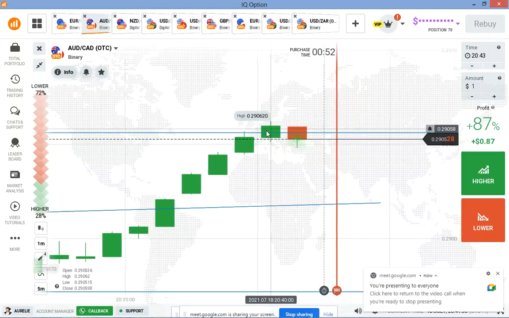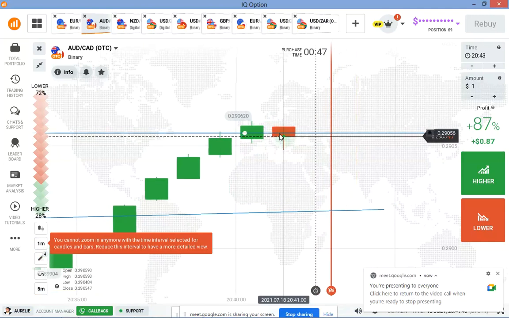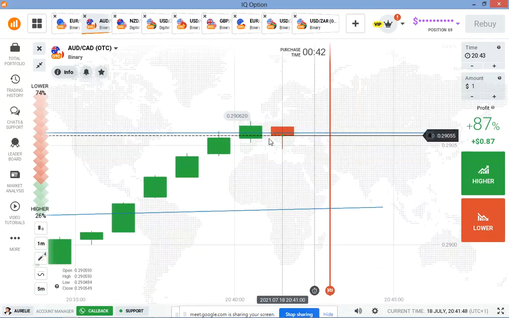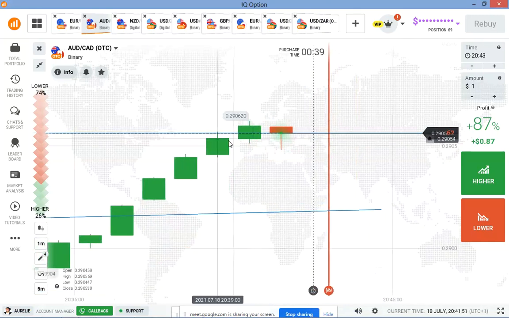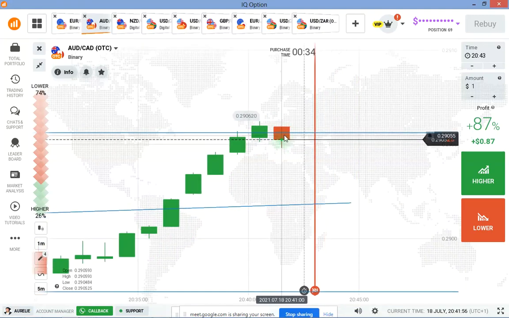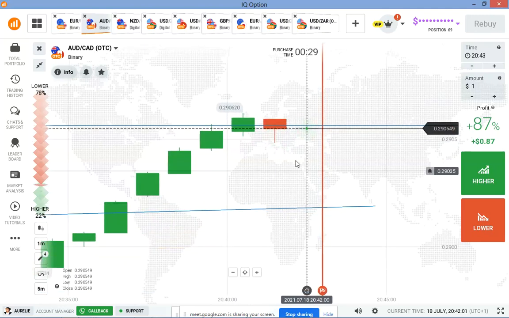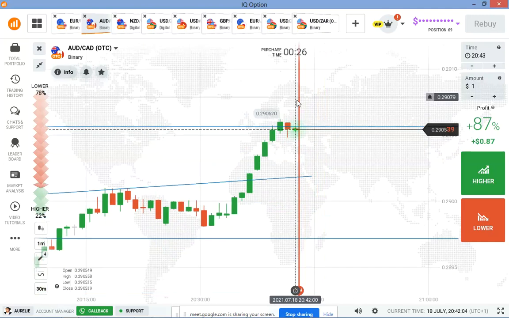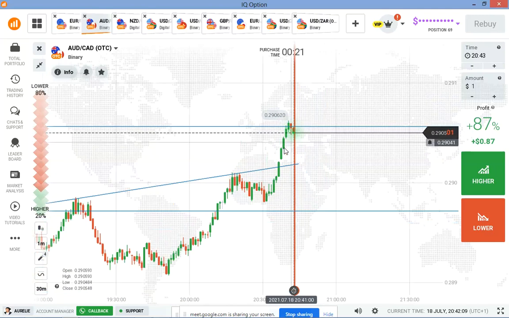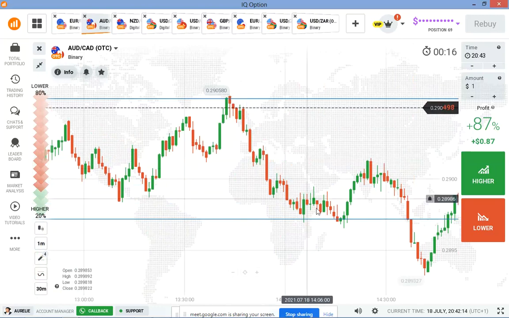This is not a 100% spinning top. So if this is a 100% spinning top, then I'll be sure about the sellers entry here. But I know that sellers will enter here because the buyers must become weak around this level. Buyers must become weak around this level before sellers enter. But there's still no gap up to make sure that sellers will go more down. There's no gap up. So now this is the sellers entry point, right? Sellers enter from this level.